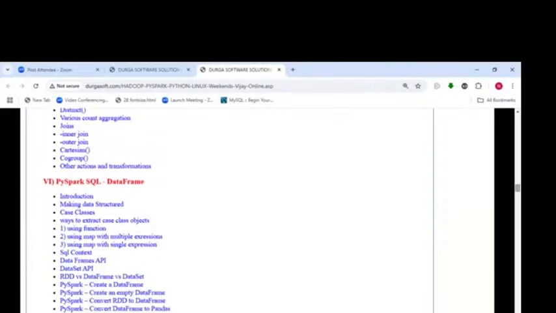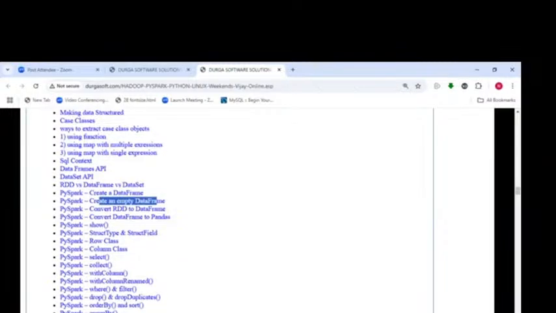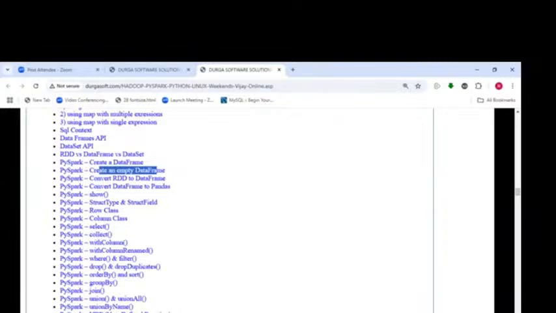union, distincts, various count aggregations, PySpark SQL, data frame, SQL API, data frame API, how to create a data frame, PySpark creating a data frame, creating an empty data frame, convert RDD to data frame, convert data frame to pandas, PySpark show, StructType and StructField, Row class, Column class, select, collect, withColumnRenamed, where and filter, drop and dropDuplicates, orderBy and sort, groupBy, join, unionByName, UDF, map, flatMap, foreach, sample, pivot, partitionBy, array type, map type,